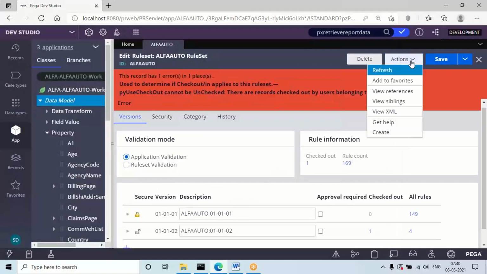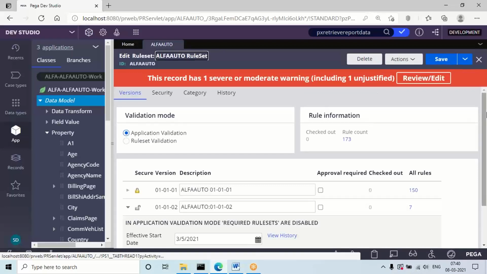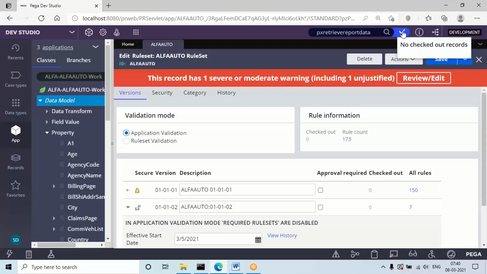Now refresh this particular form. Now it will allow you to save it. If any checked out records are there, it will not allow you to lock or save the form, so you can do a bulk check-in. Now if you click on that again, you can see no checked out records. Sometimes locking will not be allowed if checked out records exist, so if any are there, we cannot lock any version. If you get that error message, do this. Now no records are there, so you cannot see bulk check-in. Okay, that is also one process you can understand.